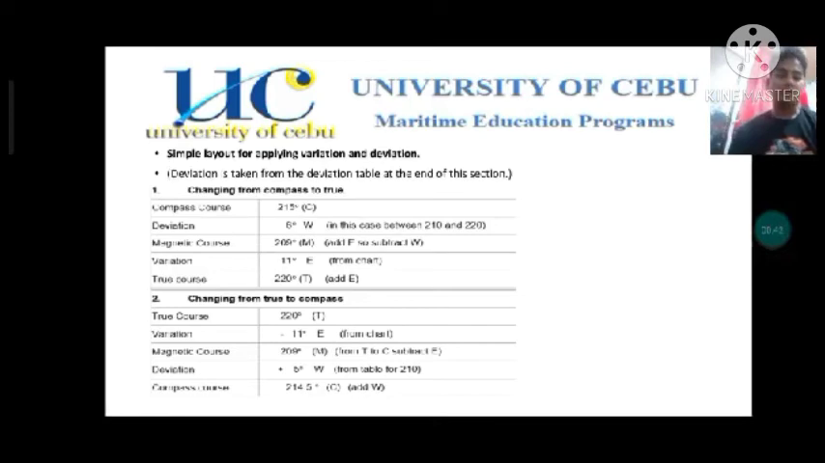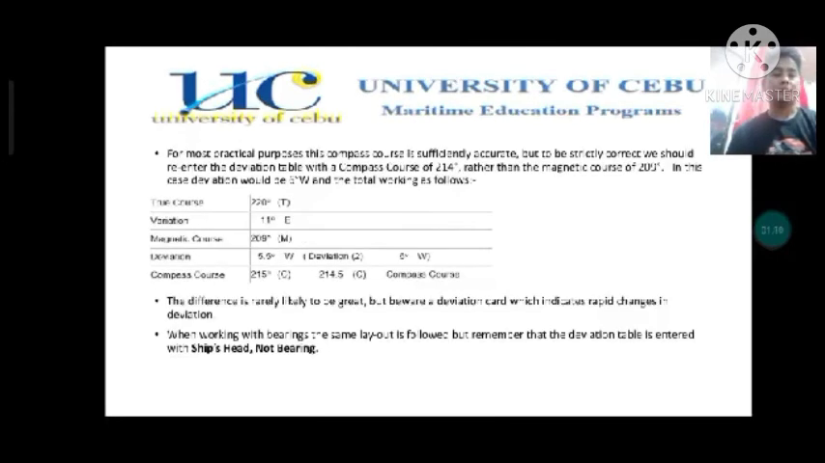Number 2 is changing from true to compass. So the true course is 220 degrees, variation is negative 11 degrees, magnetic course is 209 degrees, the deviation is 5 degrees, and the compass course is 214.5 degrees. For most practical purposes, this compass course is sufficiently accurate, but to be strictly correct,